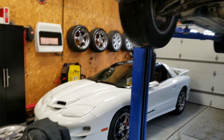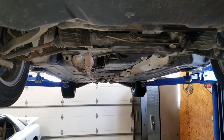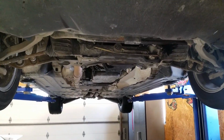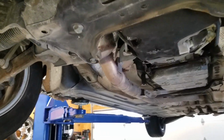Now, I'm not super concerned. I'll be installing brand new Blizzaks with these 17-inch wheels right here and then replacing all of these wheels and tires anyway. Now, I will point this out. The steering and suspension on this vehicle is practically all brand new. This car drives beautifully. All the bushings and joints look new. They're very tight. There's no leaks from the rack and pinion steering, but there is a really weird alignment issue,